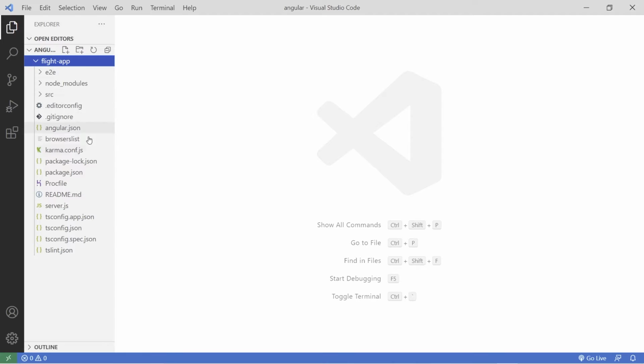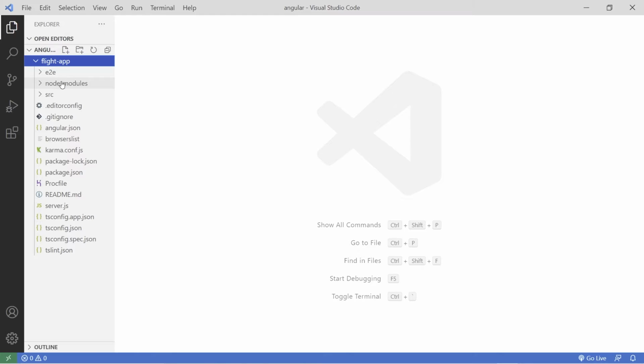Expand that, and you see a bunch of files. These are the files needed to run your Angular application. It's a framework, so you have a lot more files than you would normally see for something like React. So I need you to include everything here